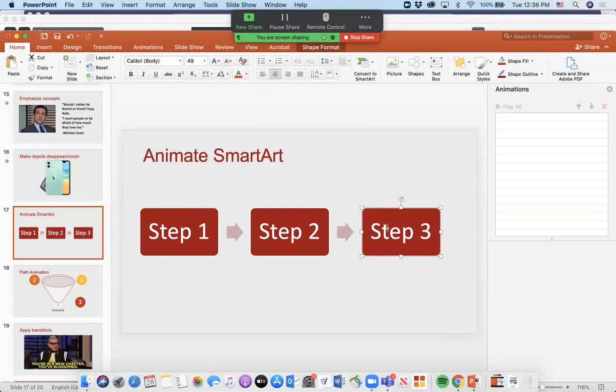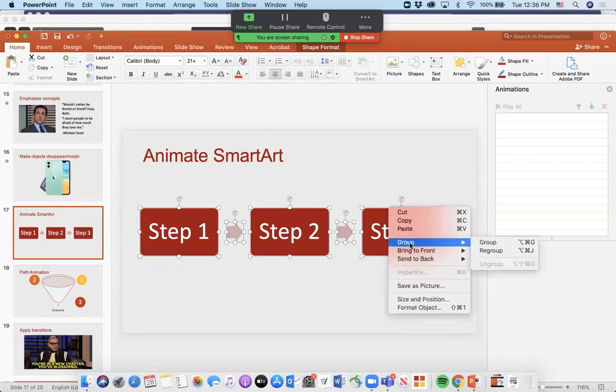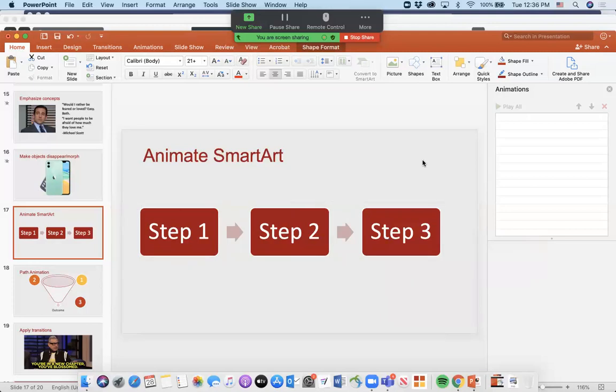So now step 3 is entirely independent of the rest of the SmartArt, and I can just focus on animating this one piece. Like maybe I wanted to emphasize it for some reason, just step 3. That's how I could do it. And you can also just regroup things by clicking them all together. On a Mac, you're hitting Shift, and on Windows, you're hitting Control in order to click everything. And then again, you'd go back to Format or right-click even, and then group everything together until they're one object,